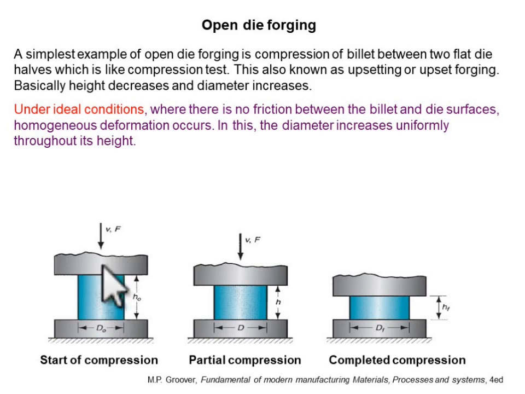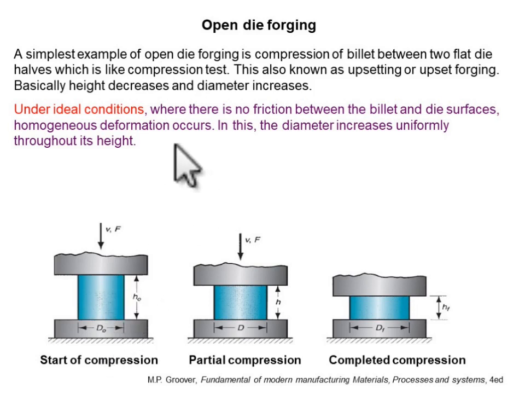We apply load with the help of hydraulic or mechanical means, and when we apply load, the deformation takes place, and the height of this portion decreases, and the diameter of this portion increases. So this is how open die forging works. It is the simplest example of the forging process, and it is a very crude operation that we perform in manufacturing for changing the shape, or you can say increasing the diameter and decreasing the length of